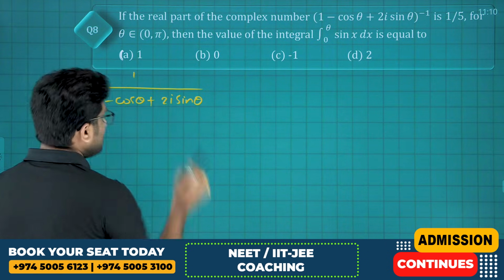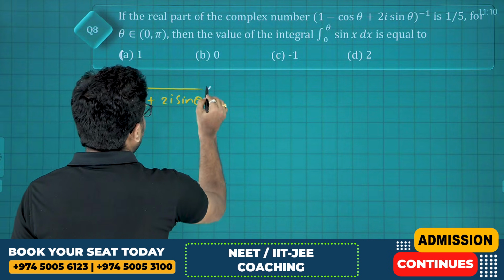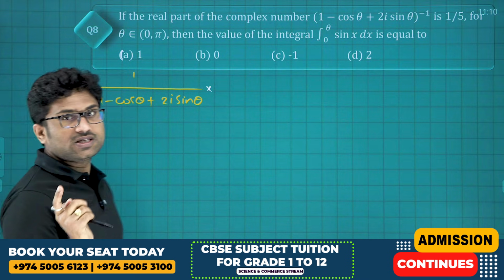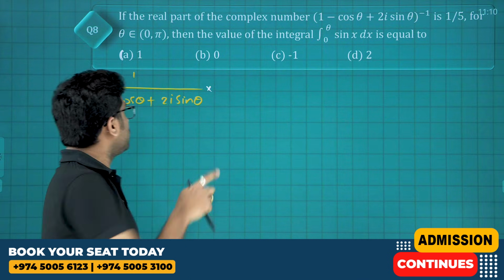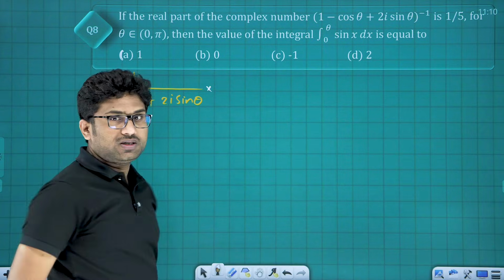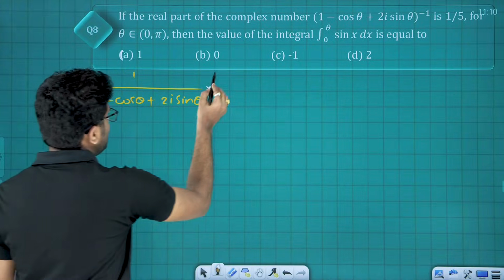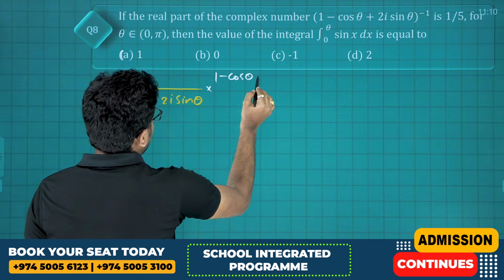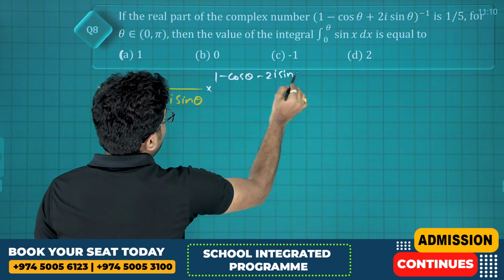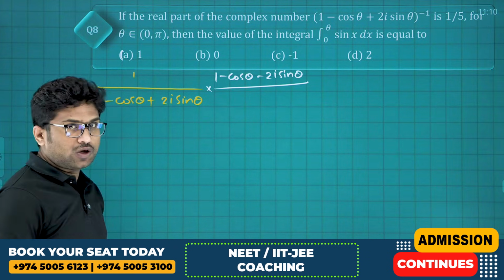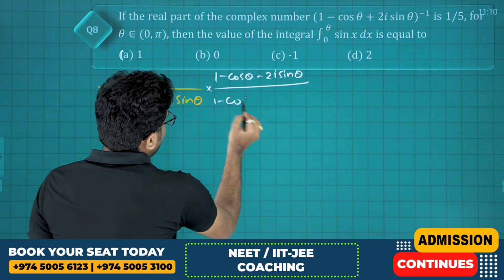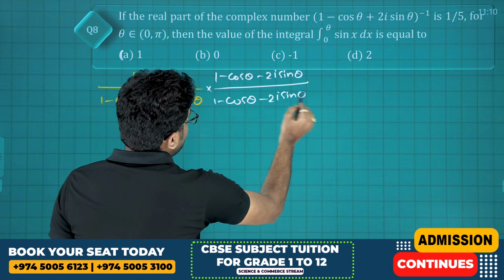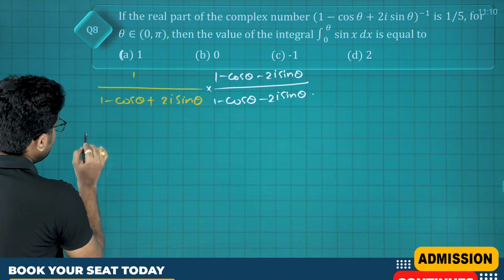The real part of this is 1 by 5. First we'll multiply and divide with the conjugate. Here you can use 1 minus cos theta as 2 sin square theta by 2. We can use it, but without even that we can also. We are multiplying and dividing with the conjugate of the denominator: 1 minus cos theta minus 2i sin theta. So clearly now the real part is